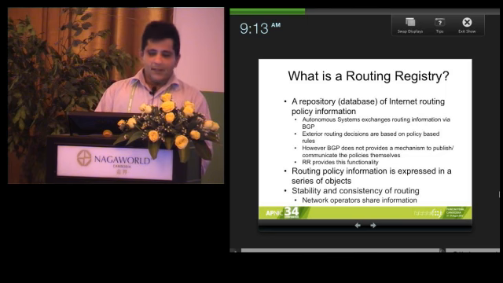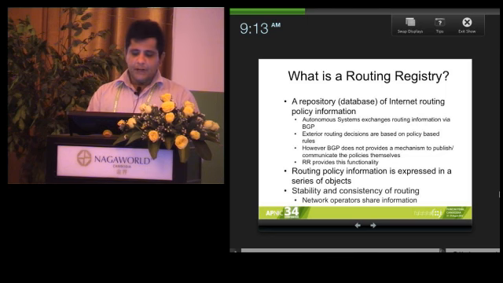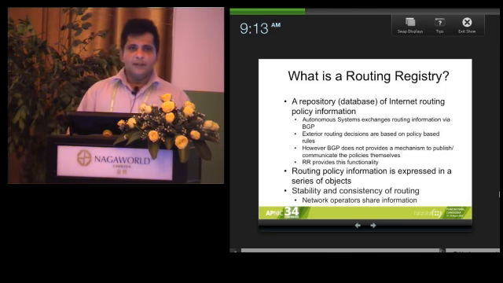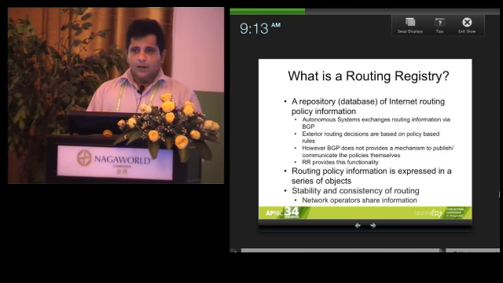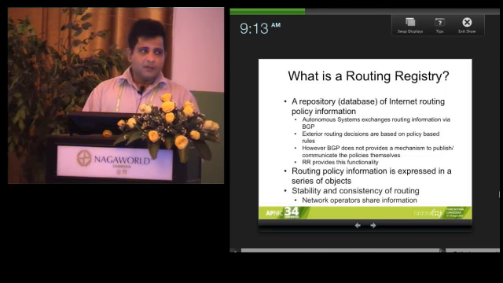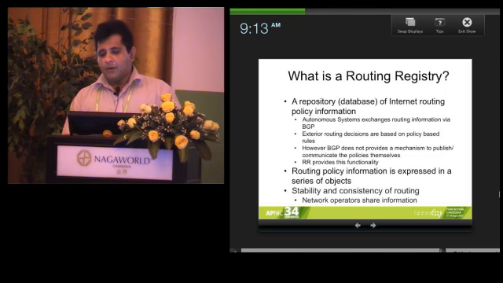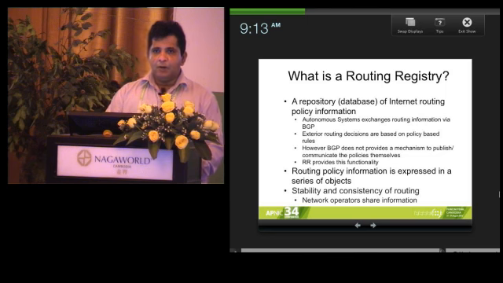As the definition says, it's a repository or a database of Internet routing policy information, right? So when we discuss Internet routing, obviously, there are quite a lot of things that we need to consider. For example, there are routing policies, agreements, and so on. And also, if you go into more technicalities or configuration level, obviously, we use autonomous system numbers, we use AS numbers to exchange the routing information via BGP. As probably you may know already,